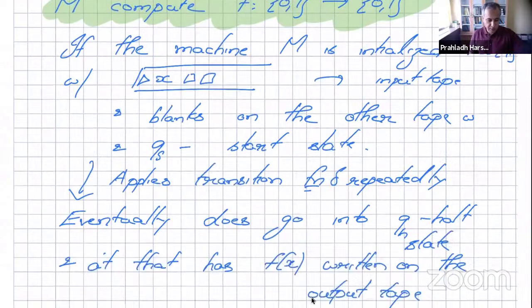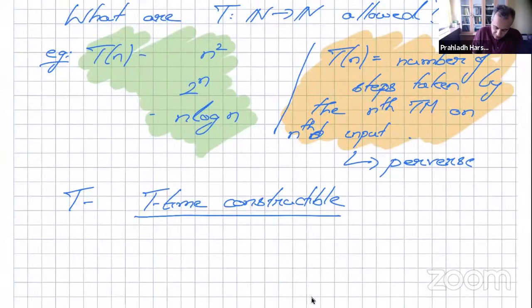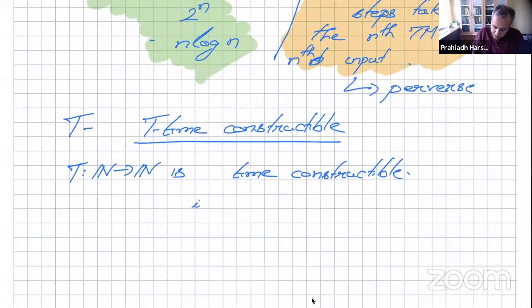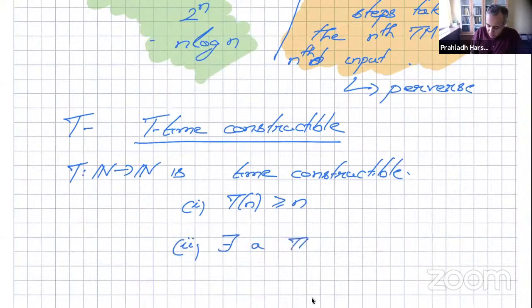So when I say time T(n), a function T from n to n is time constructible, I'll just call it constructible, if a couple of things happen. One, firstly, T(n) should be greater than or equal to n. I'm going to always look at the input fully. The input is n bits long. Two, what I want is exactly what Varun was mentioning, that there exists a Turing machine M